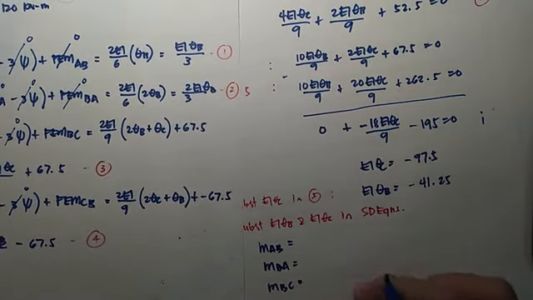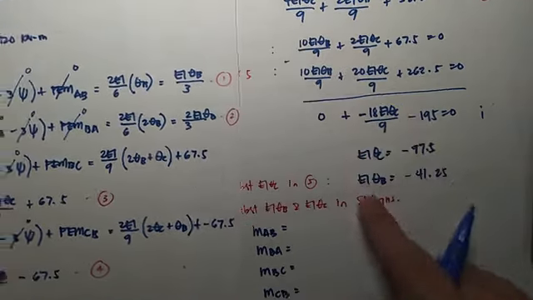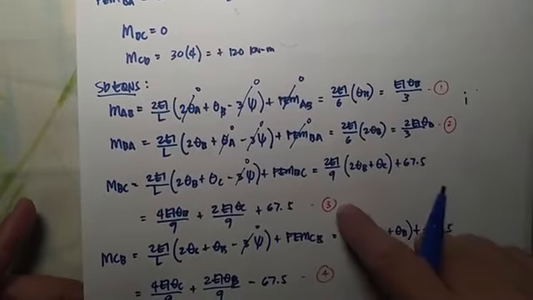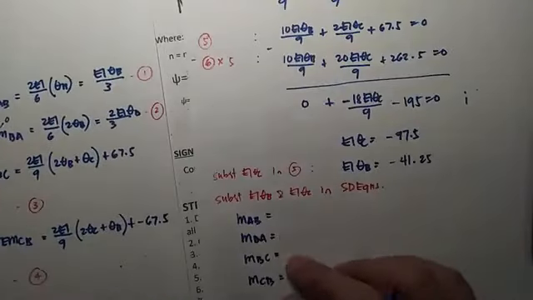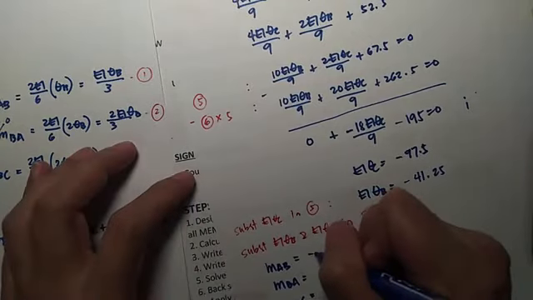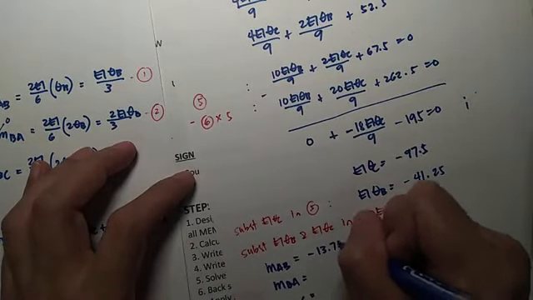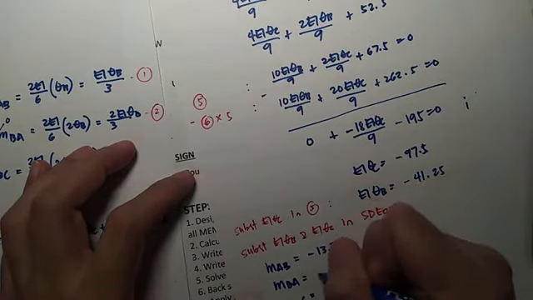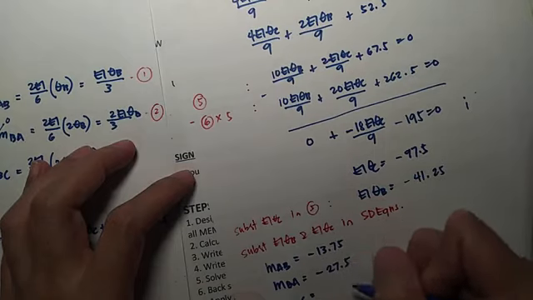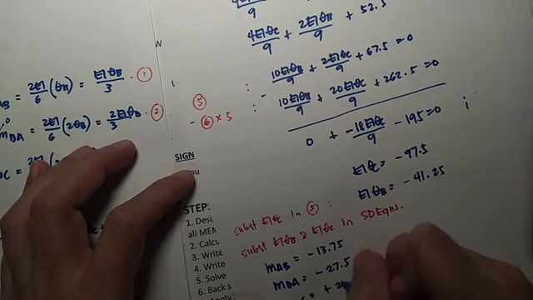Pagka sinubstitute mo yung values na to, you could solve for these moments. And these values will be, this is negative 13.75, ito negative 27.5, this is positive 27.5, and negative